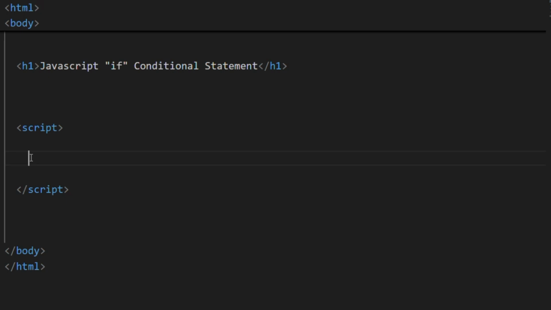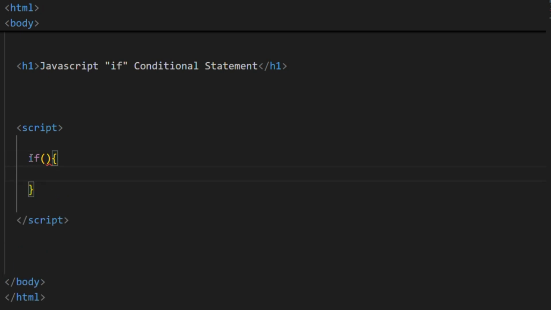As you see here now, for you to write an if conditional statement in JavaScript, you will first of all come up with the if letter, then followed by parentheses. And at the back of the parentheses, you come up with your curly bracket. And I will advise you structure it like this. So this, as you see here on my screen, is what we call the syntax of the if conditional statement